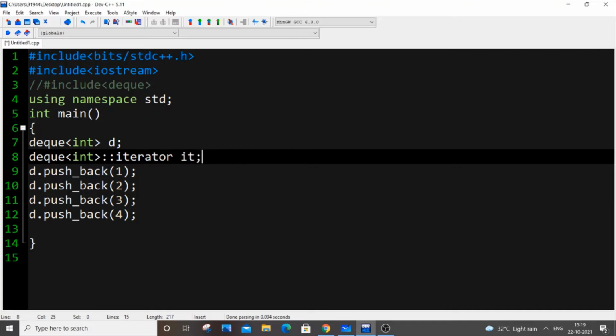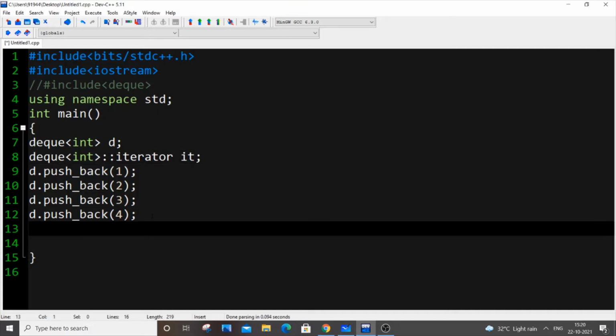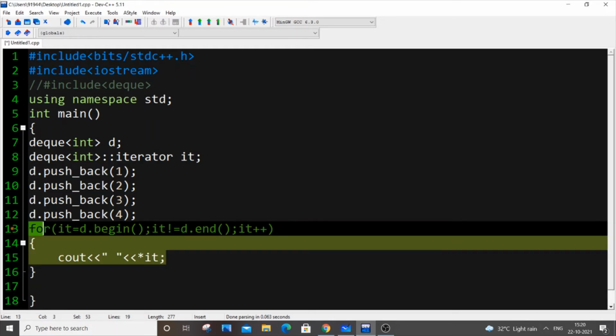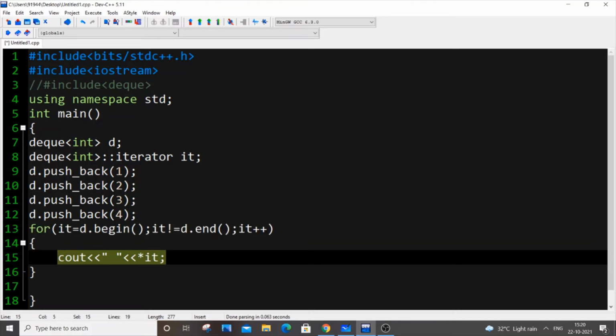Let it be our iterator, and let's put a for loop: for it equal to d.begin, it not equal to d.end, it++, and put a cout, some space, and asterisk of it. That's it. We're just pushing and iterating through it, a simple iterator concept.